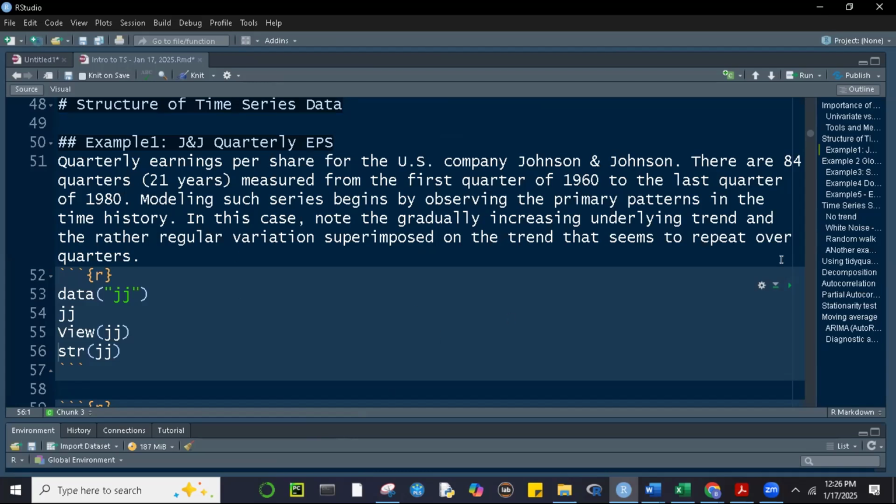Because we have already installed and required ASTSA, we can access any data or any function that comes from ASTSA. So please create another code chunk and then type here, data JJ. Why JJ? Because